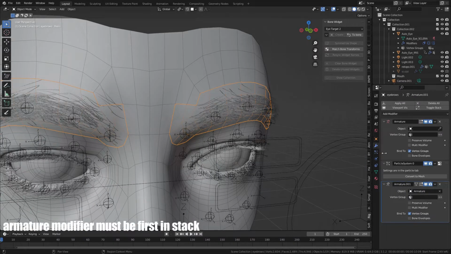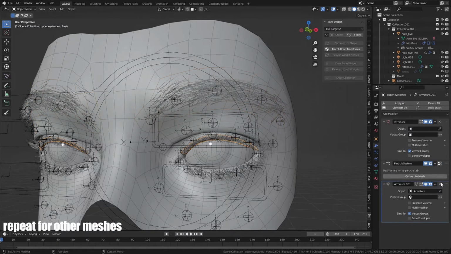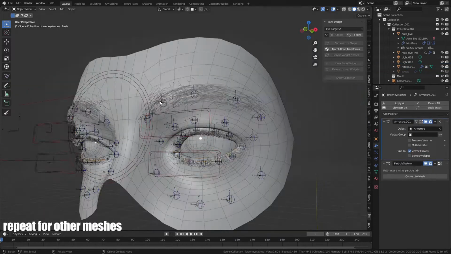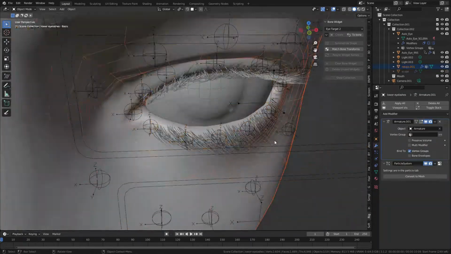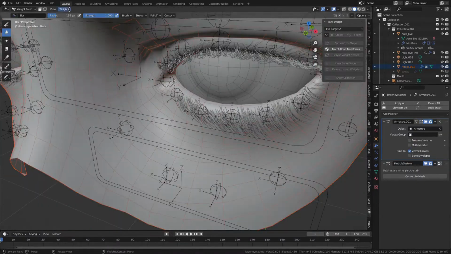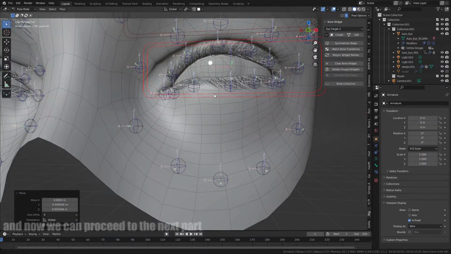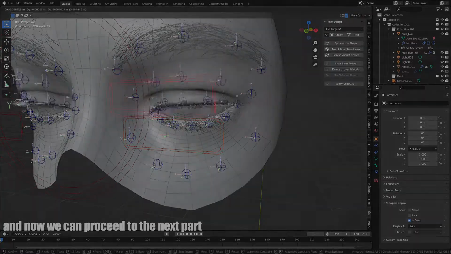Armature modifier must be first in stack. Repeat for other meshes. And now we can proceed to the next part.